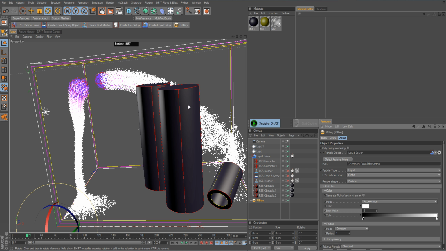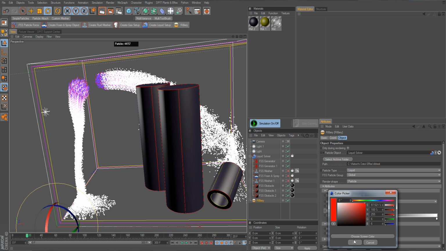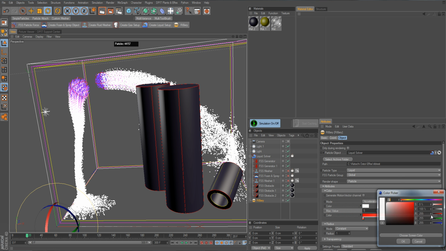So if the acceleration reaches 5 meters, then it will be white, and if there is no acceleration or no velocity at all, it will be black because it will be 0. So you can define the color here with the gradient,